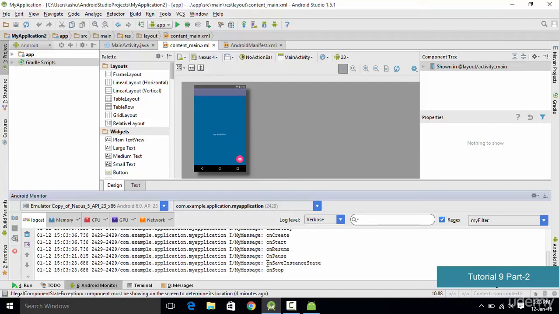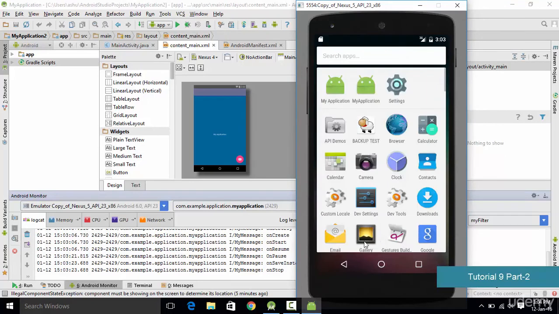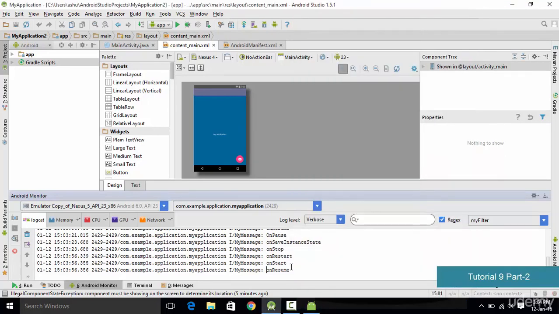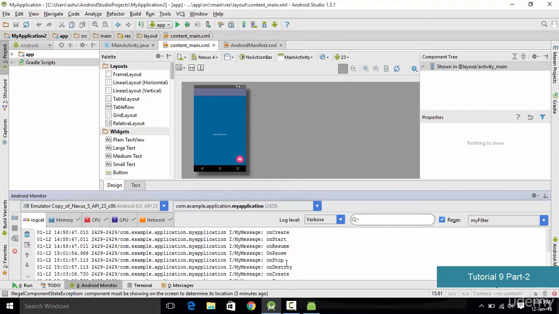And then we have on save instance, which is going to save the instance for us. So when we get back to the application, all our data is going to get saved and we could use it. And finally we have the on stop state in which the application stops performing. Now if we again go back and if we open our app, it is going to show us on resume. So that means we have resumed the execution of our application. So those are some different states of our activities.